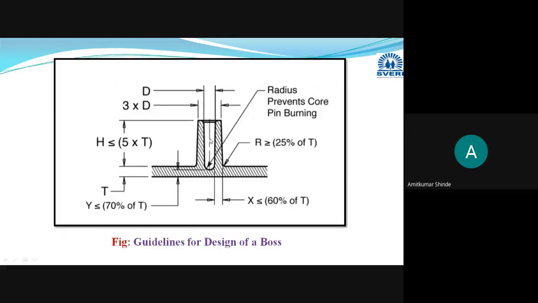Inside diameter is t, outside diameter should be three times that inside diameter. Height of this boss should be five times the wall thickness. Then radius or fillet should be provided minimum 25% of the wall thickness, and thickness of the boss is 60% of the wall thickness. Okay,